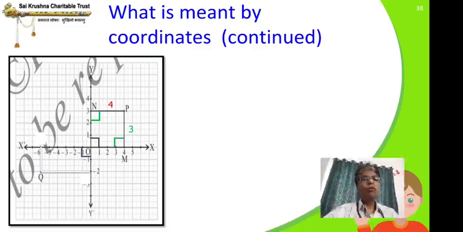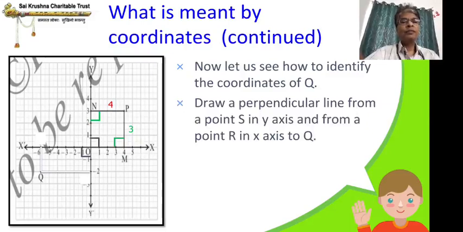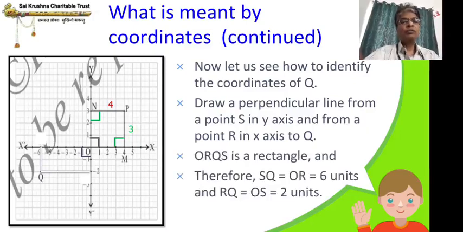Now we will see one more point, Q. You can see Q on the left side, between x dash and y dash. So the same method, I am going to draw lines from S on the y axis and from R on the x axis. Now you can see on the left side of the diagram. So now you have seen S on the y axis, S to Q I have drawn a line, and from R to Q I have drawn a line from the x axis. Perpendicular, both are perpendicular. That's why the green perpendicular symbols are there.